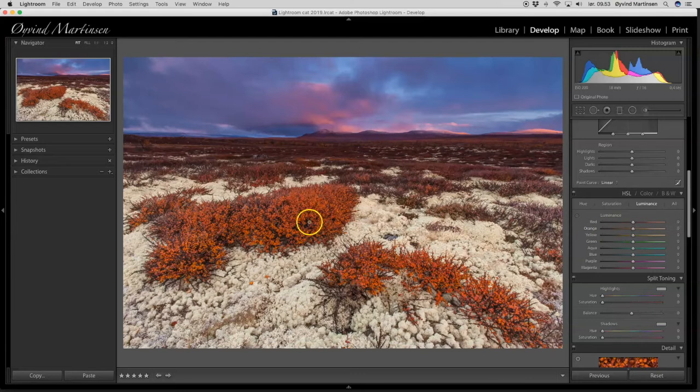Let's see, for example, here on the orange, if I want to lift the orange or darken the orange. So in this case we can lift it a little bit up, not much, just to get a better contrast in the colors. +4, that's enough. I go to the saturation and I drag a little bit up